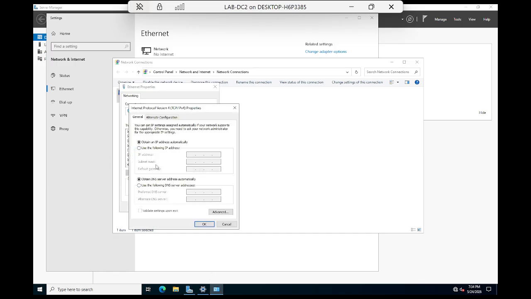Here it's selected obtain an IP address automatically. If you have a DHCP server, it takes that IP from the DHCP. But here we are promoting it as a domain controller, right? So we should not select this, obtain IP address automatically. We have to give a static IP address. So here I am giving the IP address